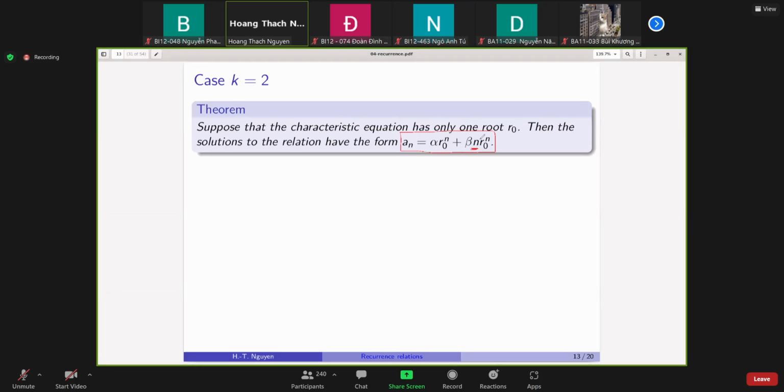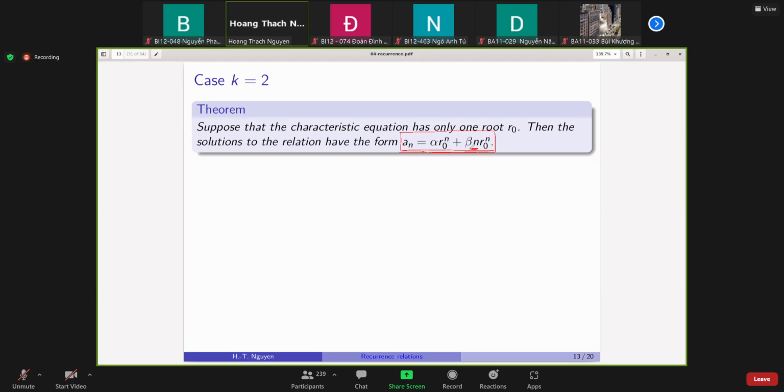Nonlinear because we have something that depends on n here. It is not a constant anymore. So as before, once you have this formula, when you know what is R0, you can plug it into the initial condition in order to find alpha and beta. So let's say that